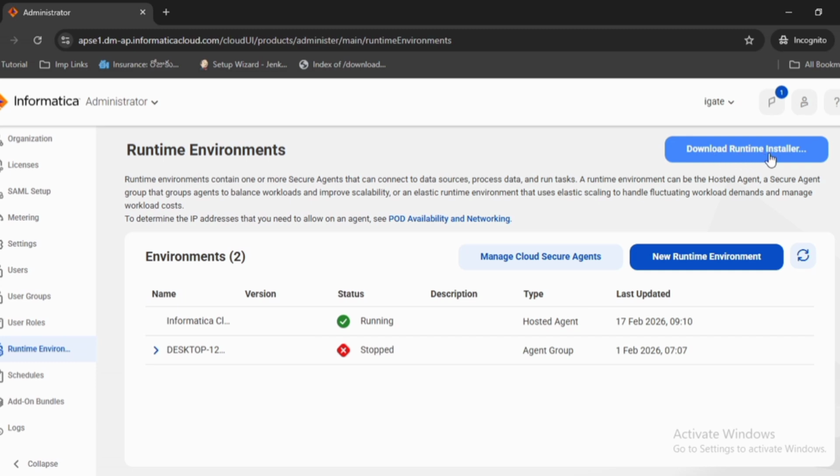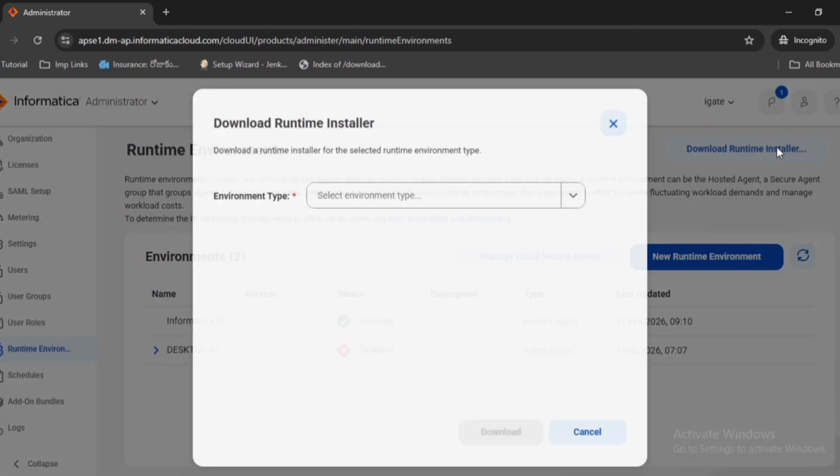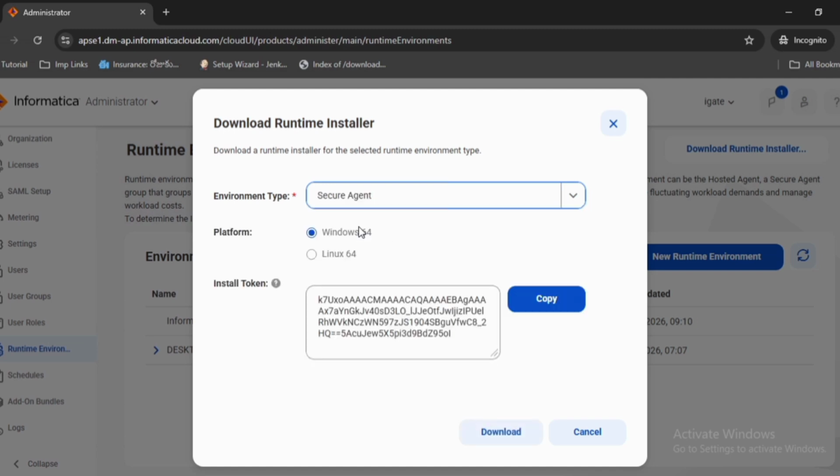Look here, Download Runtime Installer. Click this and select the environment type, which is Secure Agent. Look at the platform, that is Windows 64 or Linux 64. I am selecting Windows 64. Copy this token and save it somewhere. Once you download it,